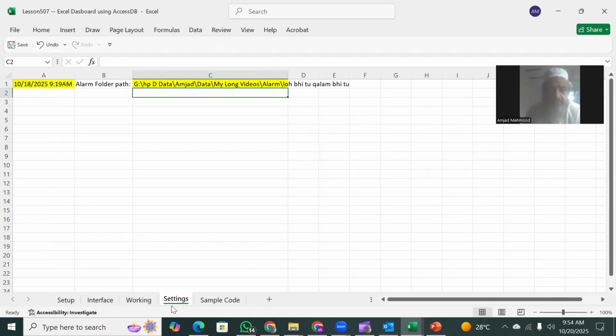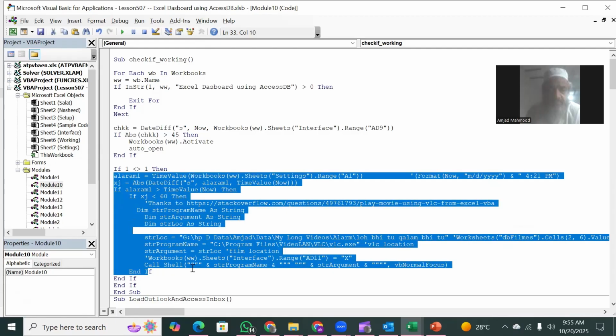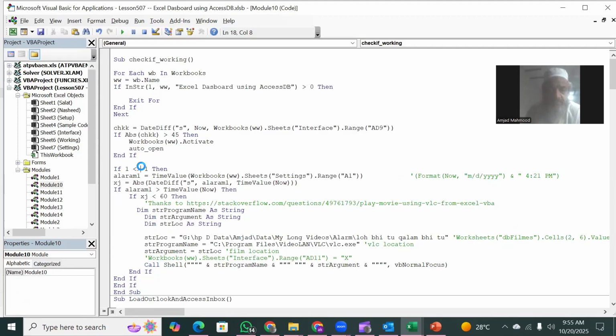At the same time, we go to the code, and in the code also, we remove this path and replace it with this one. So this time we will have a new path, a new alarm set. But it's not going to work until you have this condition, which, as explained earlier, tells it to never execute this alarm. So just ignore all these alarm settings, so alarms will not be activated. When you want to activate it, you either come here and change it again and again, or why not